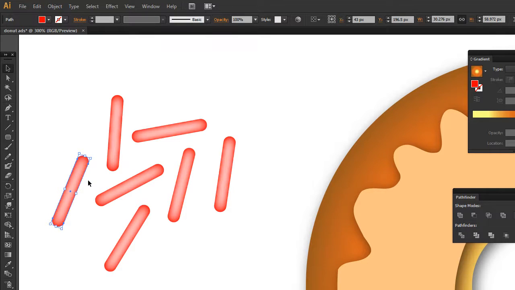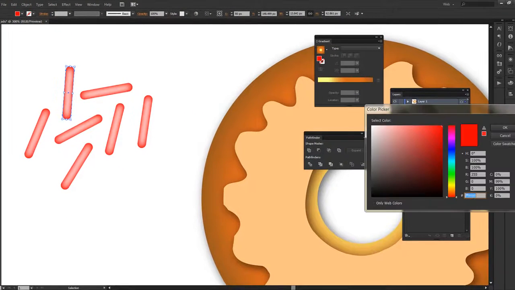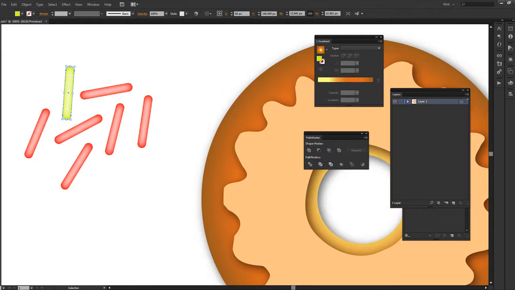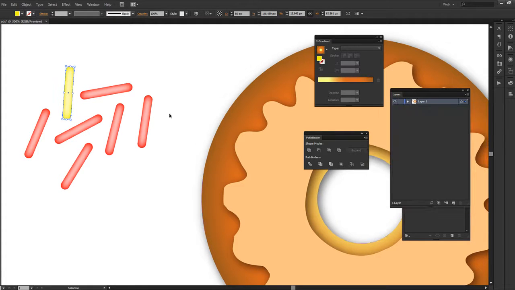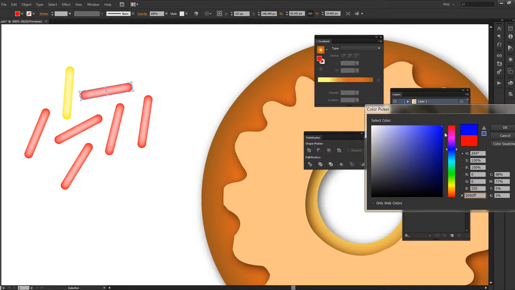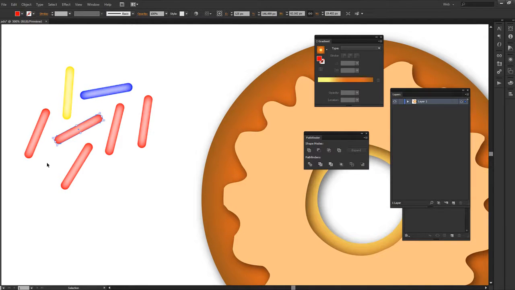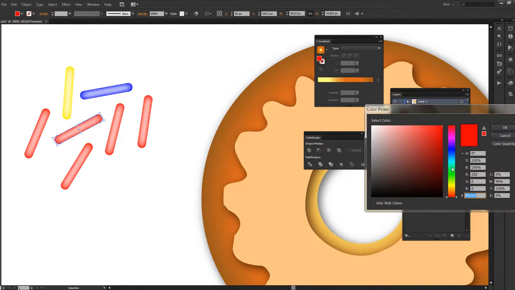So if you see sugar sprinklers, they are colorful, so some will be red, some will be yellow. So I'll just change this yellow from here, or green, maybe yellow is fine, say blue, again something different,